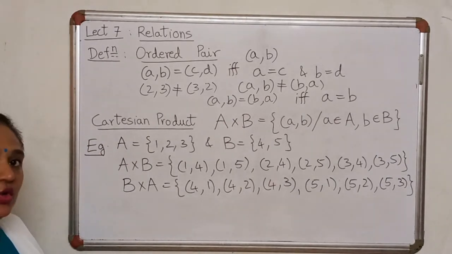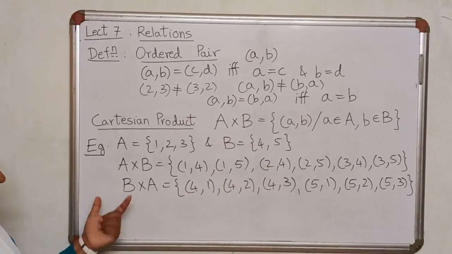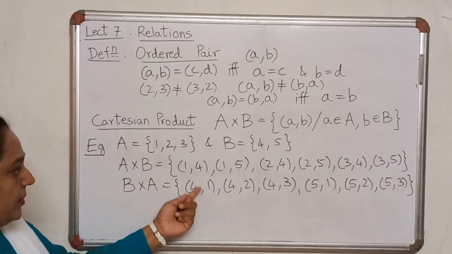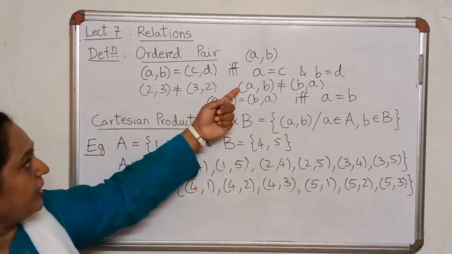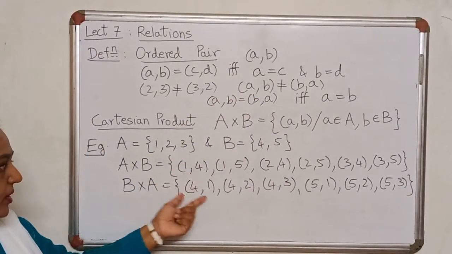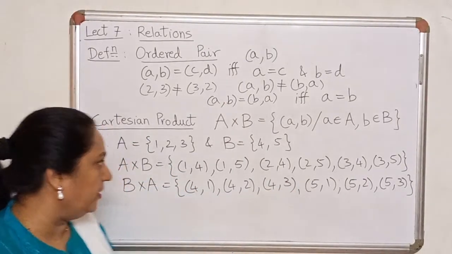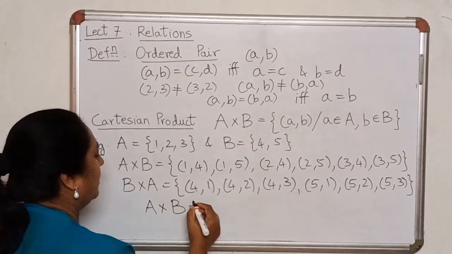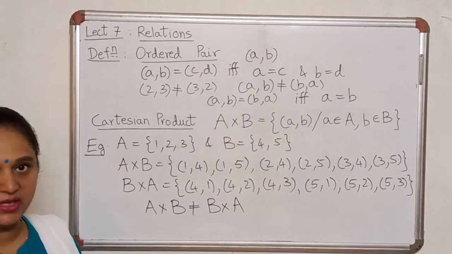And now also compare A cross B with B cross A. Look at the element 1 4. 1 4, remember, it's not the same as 4 1 because it's an ordered pair. So A cross B in general is not the same as B cross A unless A is the same as B. So the ordered pair 1 comma 4 is not the same as 4 comma 1. And I do not get 1 comma 4 anywhere else. So it is very clear that again I am saying in general A cross B is not going to be the same as B cross A.